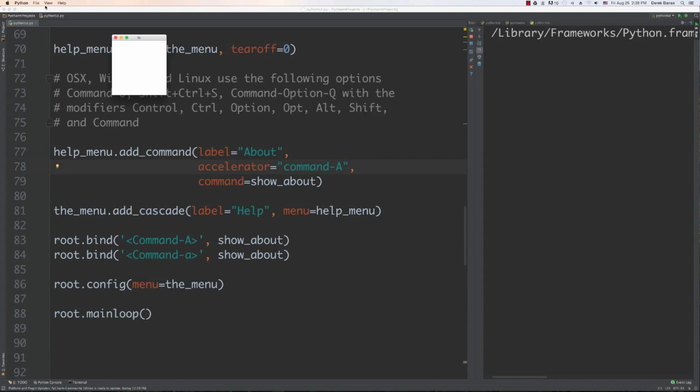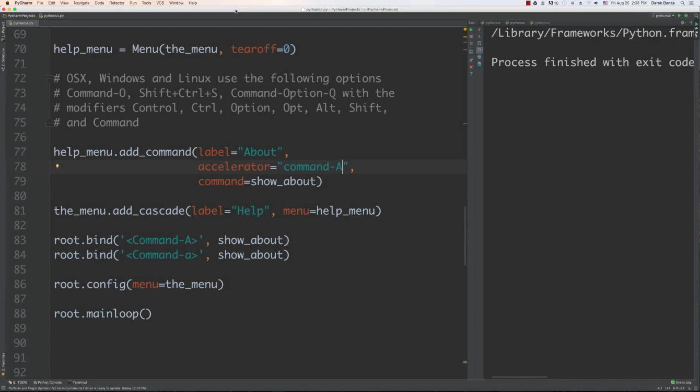Alright guys, so there is a whole bunch of new things about how we can use Tkinter with Python. In the next part of the tutorial, I'm going to continue covering all the other different